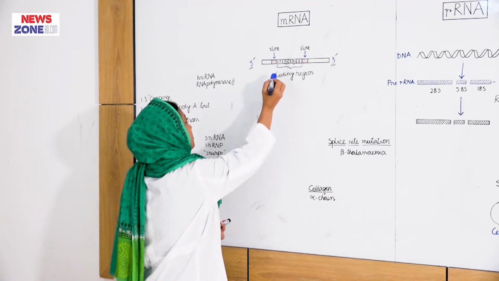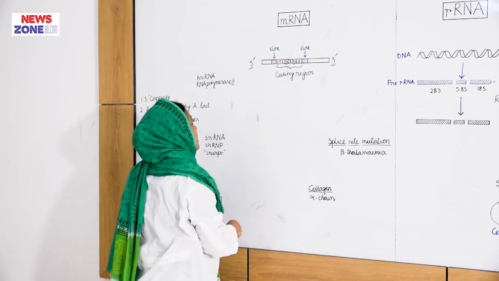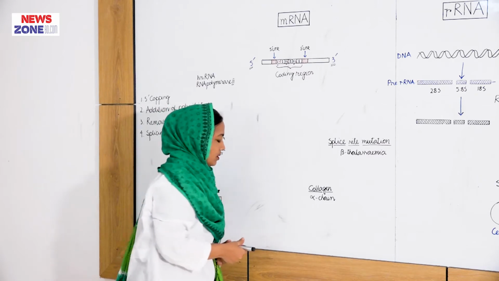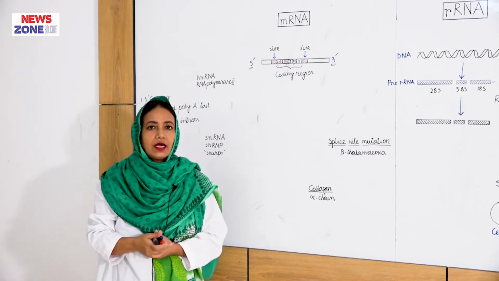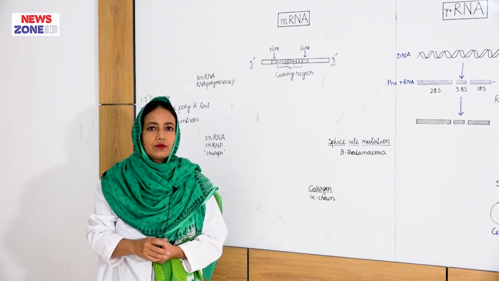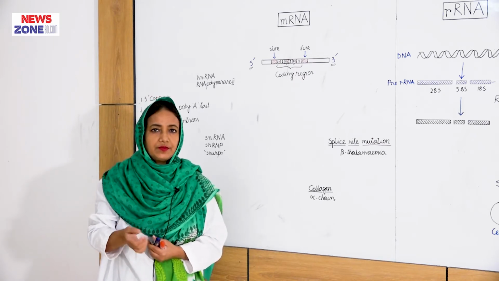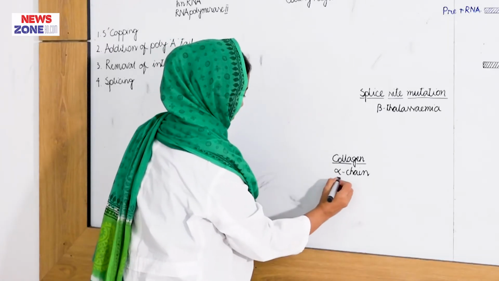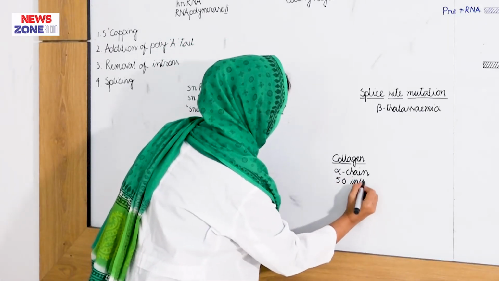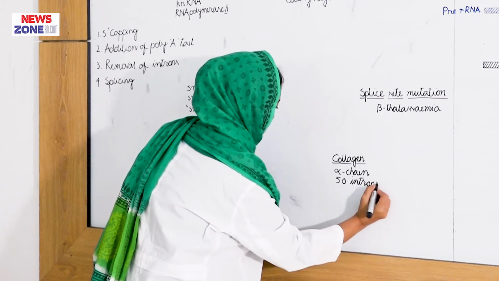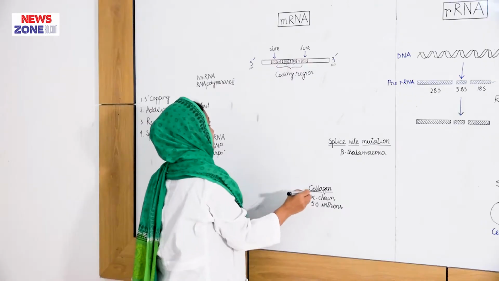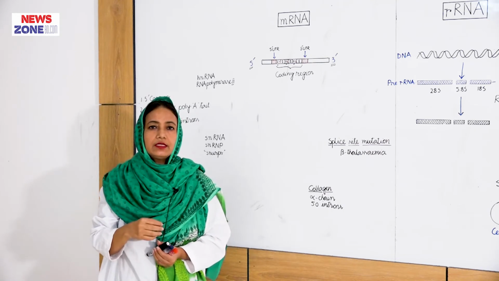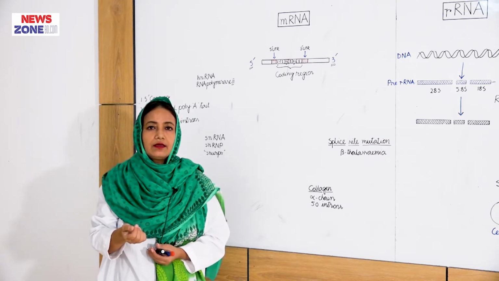The third modification is the removal of introns. Exons carry genetic information, but introns do not, so they are removed. Sometimes some messenger RNA may not contain introns, but as many as 50 introns may be present in the alpha chain of collagen, and they must be removed. Introns do not carry any genetic information, but they help in rearrangement of the genetic material,